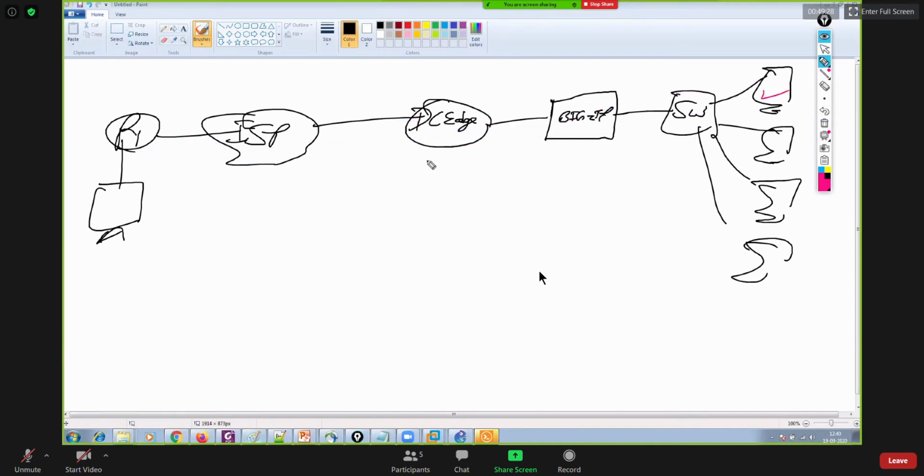Like, I want to access the Google data center or maybe Microsoft data center because I have Microsoft servers installed here and I want to download some updates. Or maybe I have Red Hat installed on my servers, and I want to download some Red Hat updates. So I'll go to my BIG-IP. Basically the flow will be initiated by this real server.